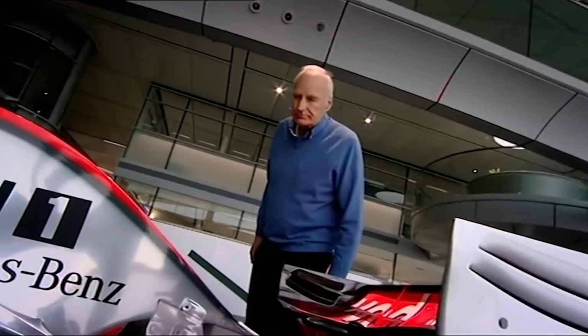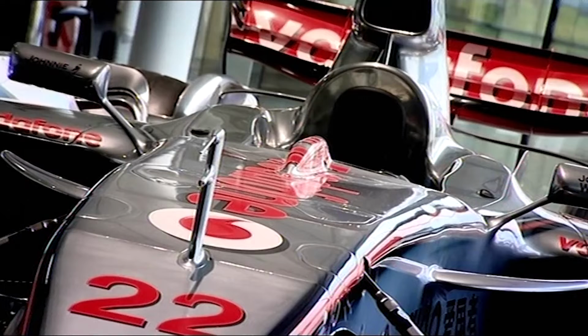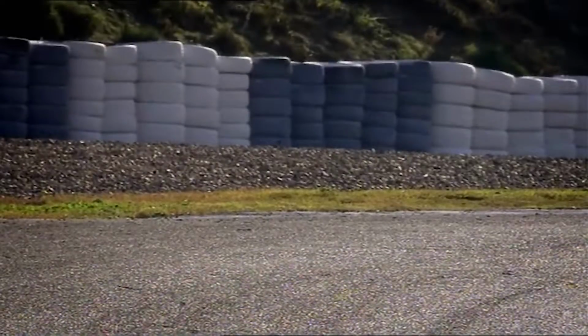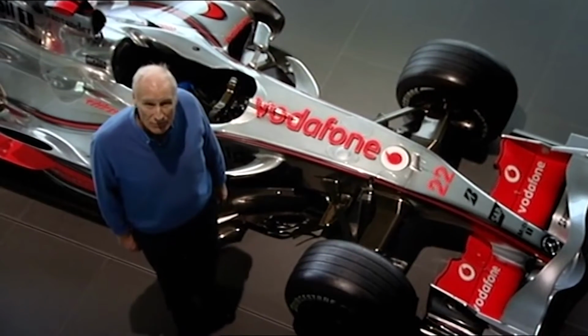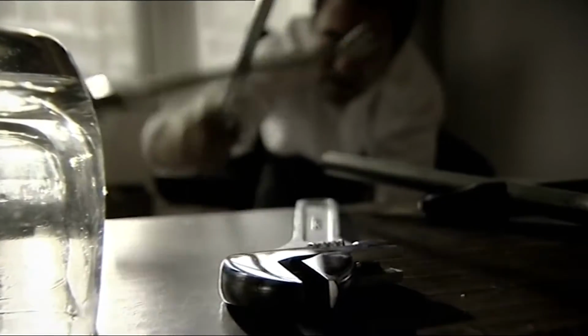This Formula One racing car represents the very best engineering in motor racing today, and it's British. Britain is now the world leader in Formula One design, but it wasn't always that way. British cars were very much at the back of the grid. This is the story of how a small group of enthusiasts tinkering on home-built cars helped catapult Britain onto the